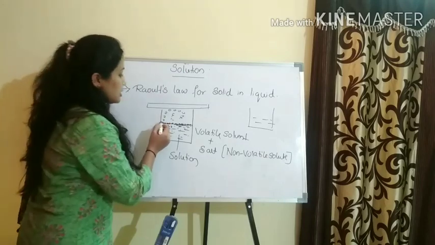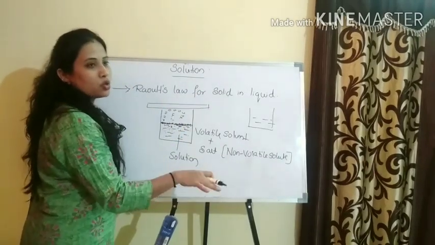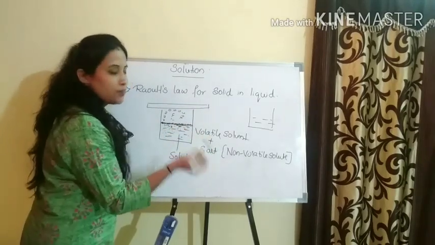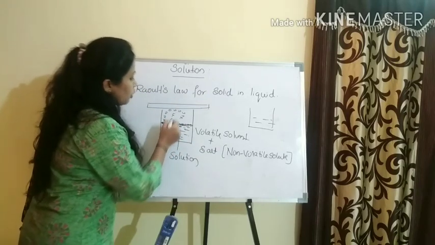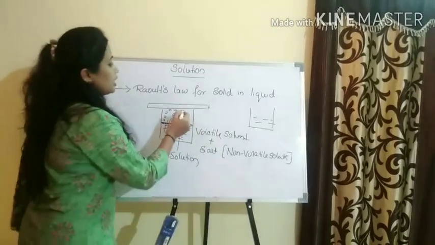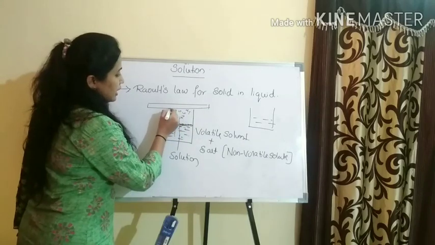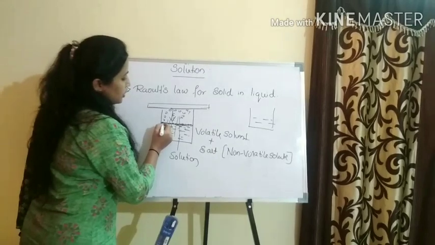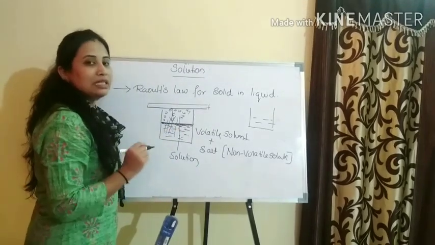It's because these solute particles will decrease the tendency of a volatile solvent to evaporate, because part of the surface is covered with a solute. So these solute particles will not allow the solvent molecules to evaporate to the maximum level. Only a part of the solvent will evaporate, and those vapors will again hit the surface of the liquid and come back with the same speed, in equilibrium with each other.